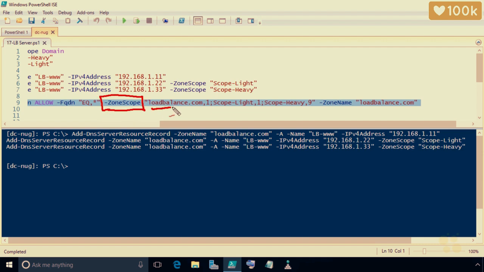It's saying loadbalance.com, that scope, which is the default scope we got when we created the zone, we want the weight to be a 1. So it's loadbalance.com, comma 1. And then a semicolon, and then the name of our next scope, scope-light, also a weight of 1 with a comma 1, and then a semicolon, and then scope-heavy, comma 9. And that gives us a 1:1:9 ratio regarding how this DNS server is going to respond when clients ask for